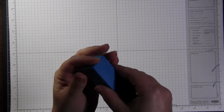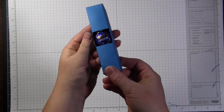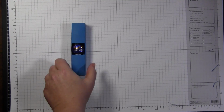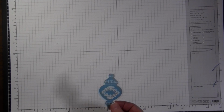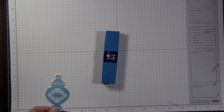This gets tucked in here, and you can trim it along the edges a little bit of that flap if you need to, and then you're good to go. Now we're going to put an ornament on the front of this, and we're going to punch a hole in that ornament. So in order to put this on here and have the candy peek through, what I have done